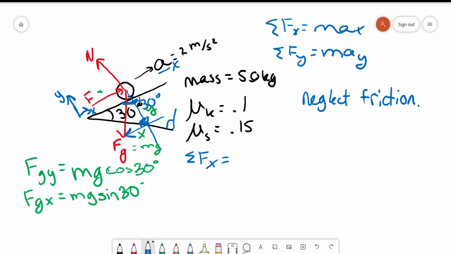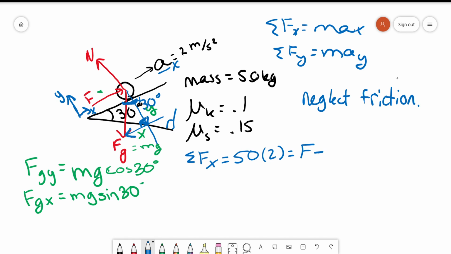And I'll explain why in a second. So our 50 times our 2. So that's our 50 kilograms times our 2 meters per second squared equals all of the forces in the x direction. So we have our positive applied force, and we know it's positive because of which way the arrow is pointing in our picture,